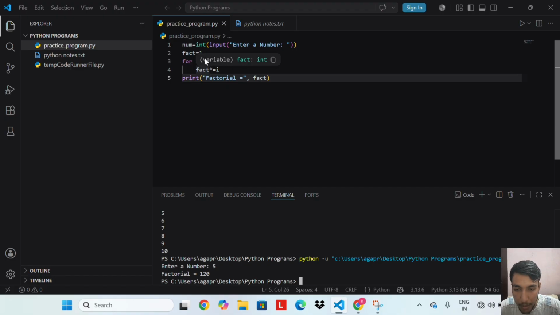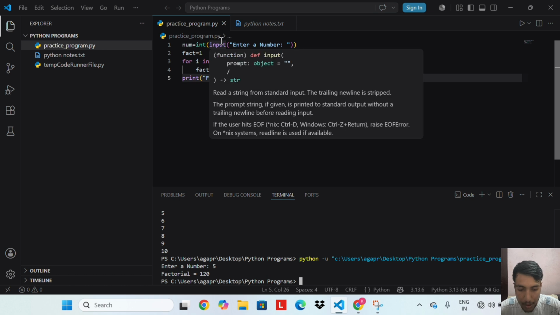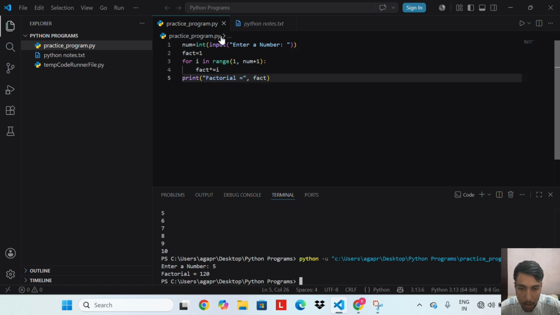And round 5, 24 into 5 equal to 120. Final output 120. We start fact at 1 and not 0, because multiplying by 0 would make everything 0. Always initialize the multiplier variable to 1.